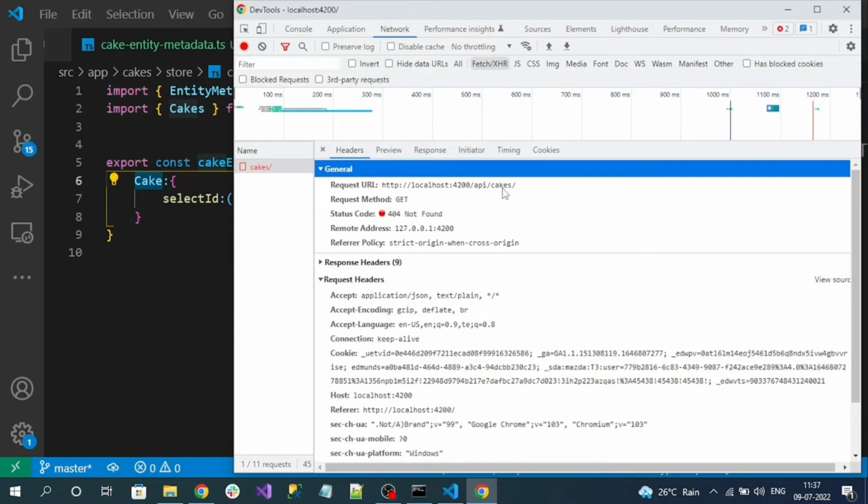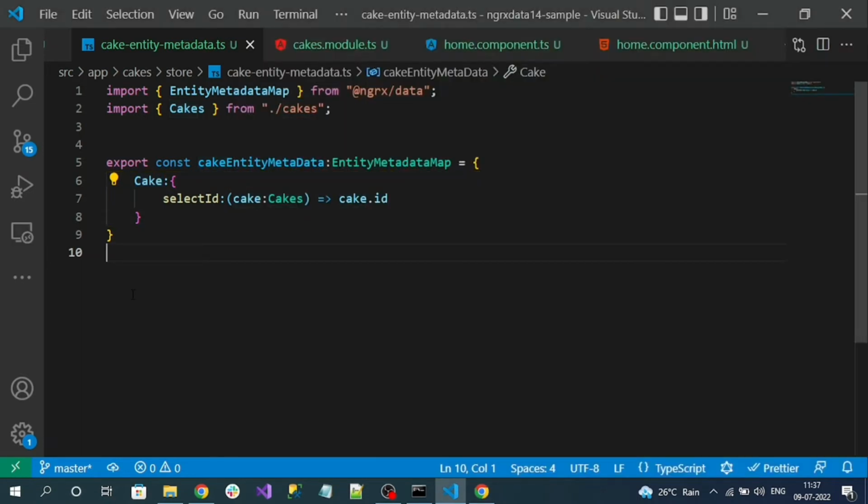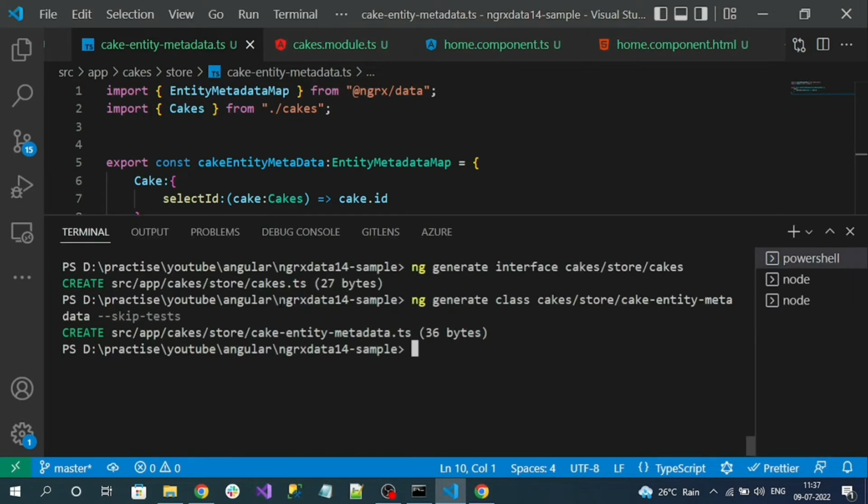We want our own custom API. For that, we have to implement the default HTTP URL generator. Okay. So it will be like a global. So what I will do, I will add it at the app module level. Okay. So for that,